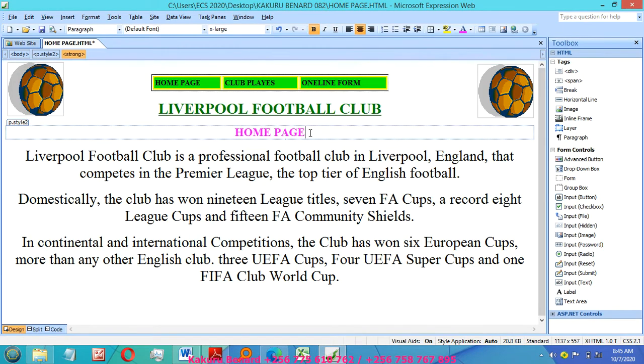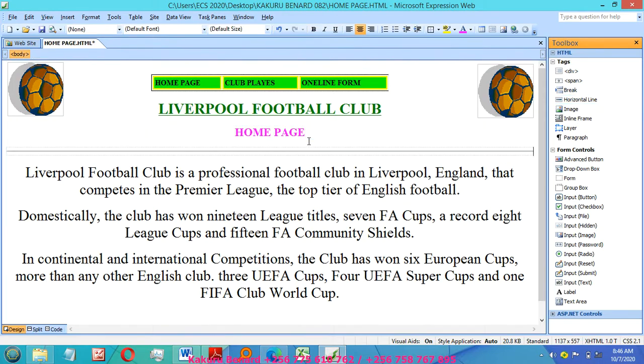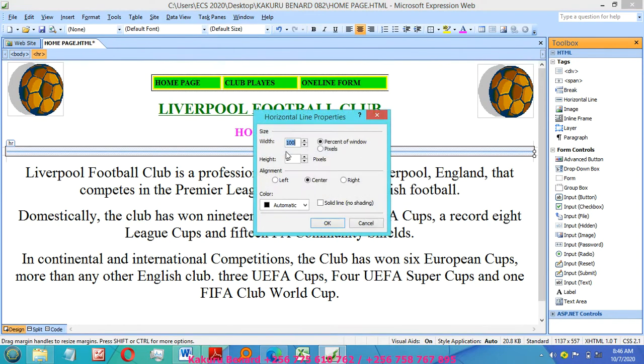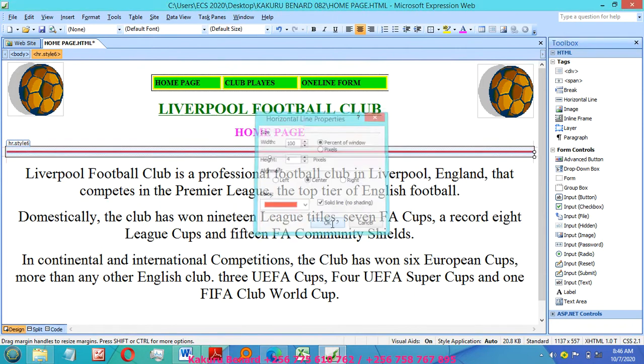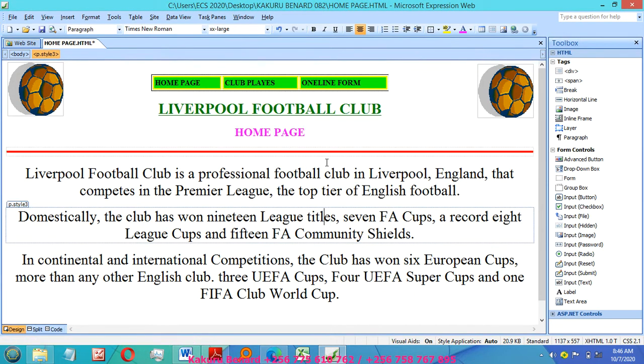So below home page here you can bring what we call a horizontal line from here. Bring a horizontal line, put it around there, double click on it, increase width, make it solid. Color, you can change color to red, click OK. So this is what we call